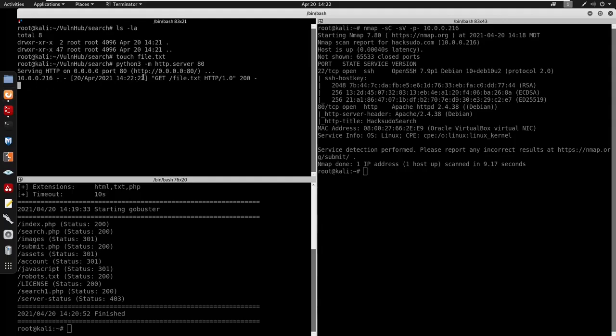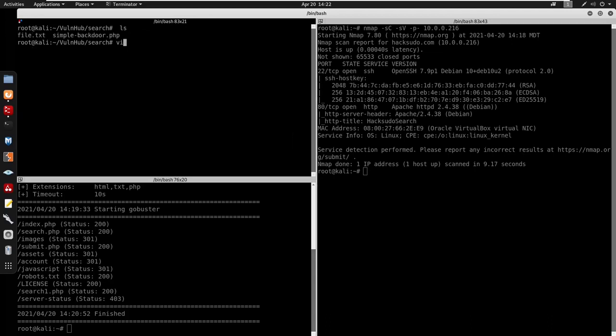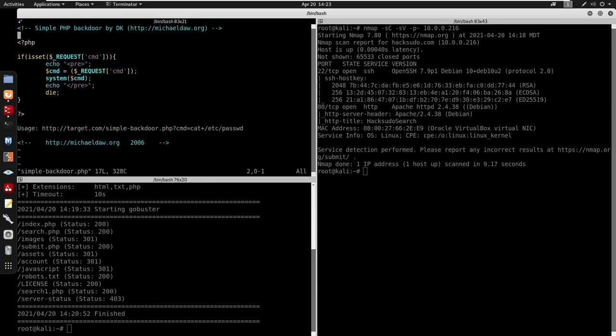So since this is vulnerable, we can actually load up a PHP reverse shell. I'm gonna show you guys two ways on how to get a shell in this box. So first things first, we can copy from our var, I think it was usr share. I think it was webshells. Yeah, we can go to webshells, and we do have PHP, and we can do simple-backdoor.php. Let's view the contents of the simple backdoor. So it is using cmd request, so that means we can execute commands on there, and we can execute it by doing the